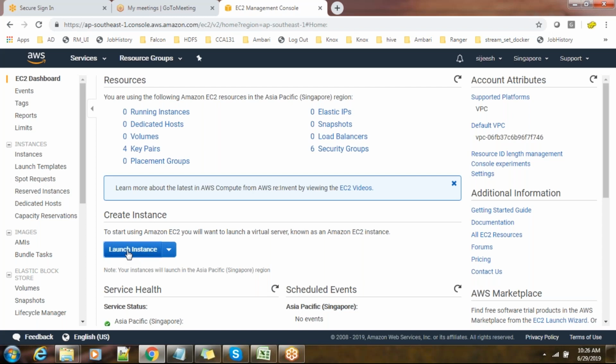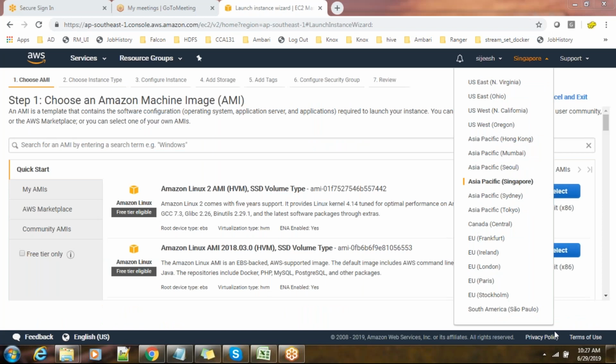For Asia Pacific we have a different region, and similarly Europe and South America. Based on the region, the pricing will be slightly different. Also, the performance and availability depend on it. I chose the Singapore location because it was closer to me at that time.